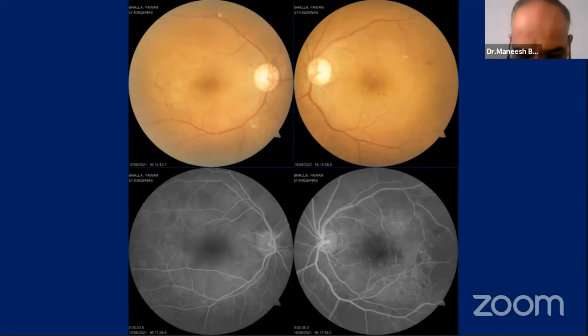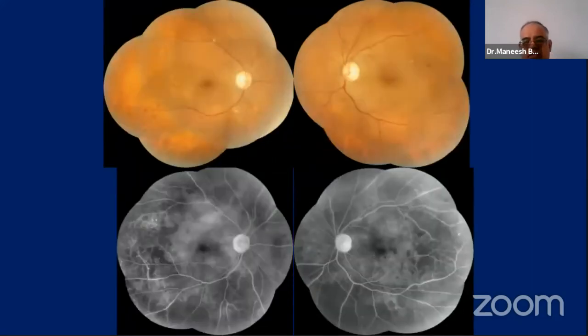This is one of the limitations of traditional fluorescein angiography: we can see only a limited area, about 45 degrees, while retinal imaging can be extended up to 200 degrees. Here we can see the lesions at the posterior pole quite well. Even with traditional fundus cameras and the newer software, we can get a montage image fairly easily without too much hassle and effort, and it gives up to 100 degrees of peripheral retinal imaging.